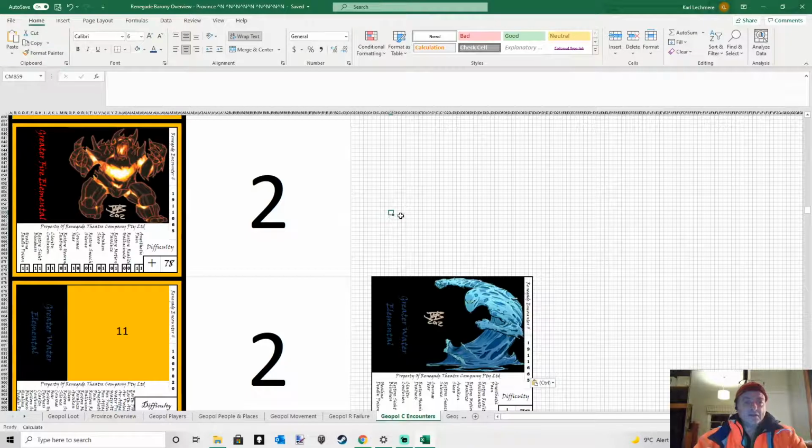What I want to do is make it more along the lines of, for example, a greater elemental has a 60% chance, an elemental has a 40% chance, an imp has a 20% chance, and so forth.